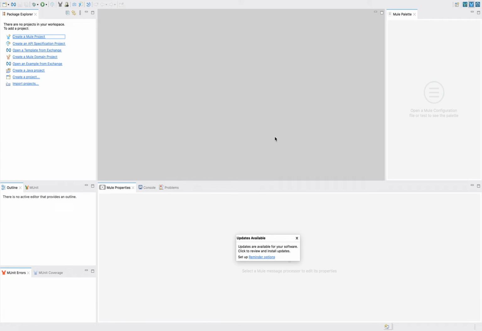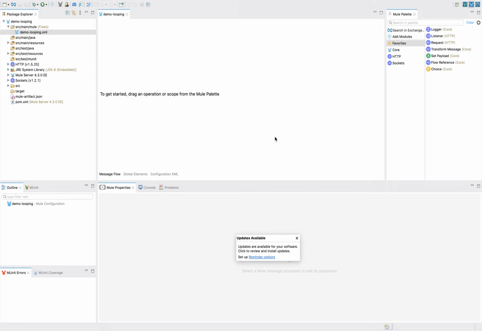So here they ask about payload only, but in certification they will ask about variable, what will happen to the variable before for each, after for each.